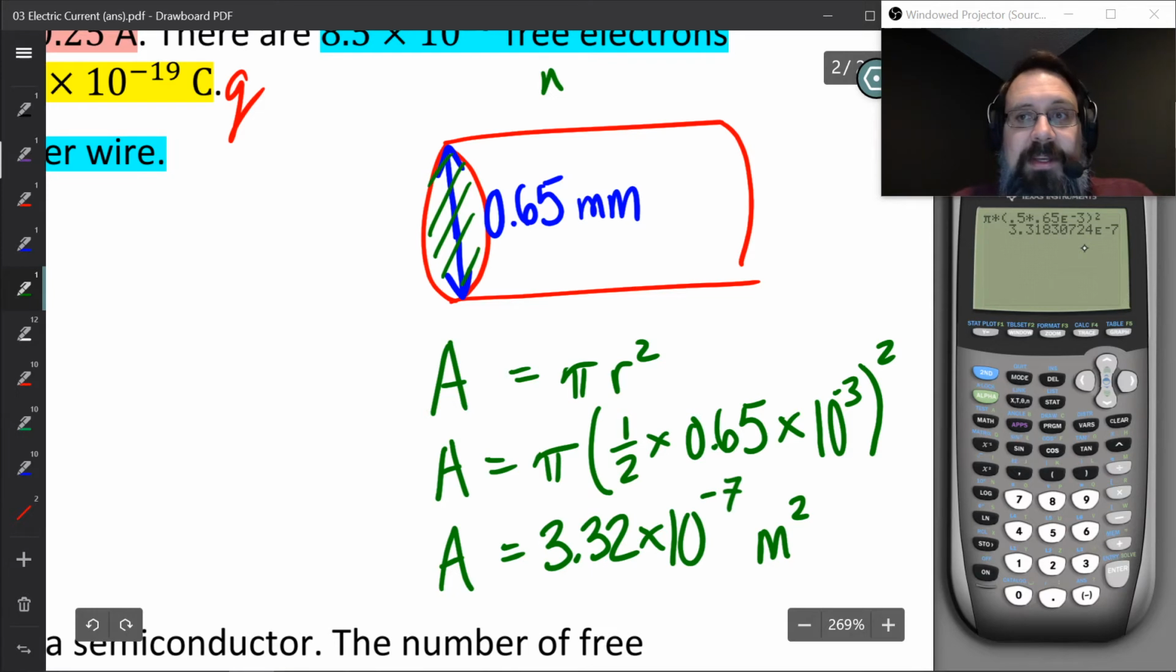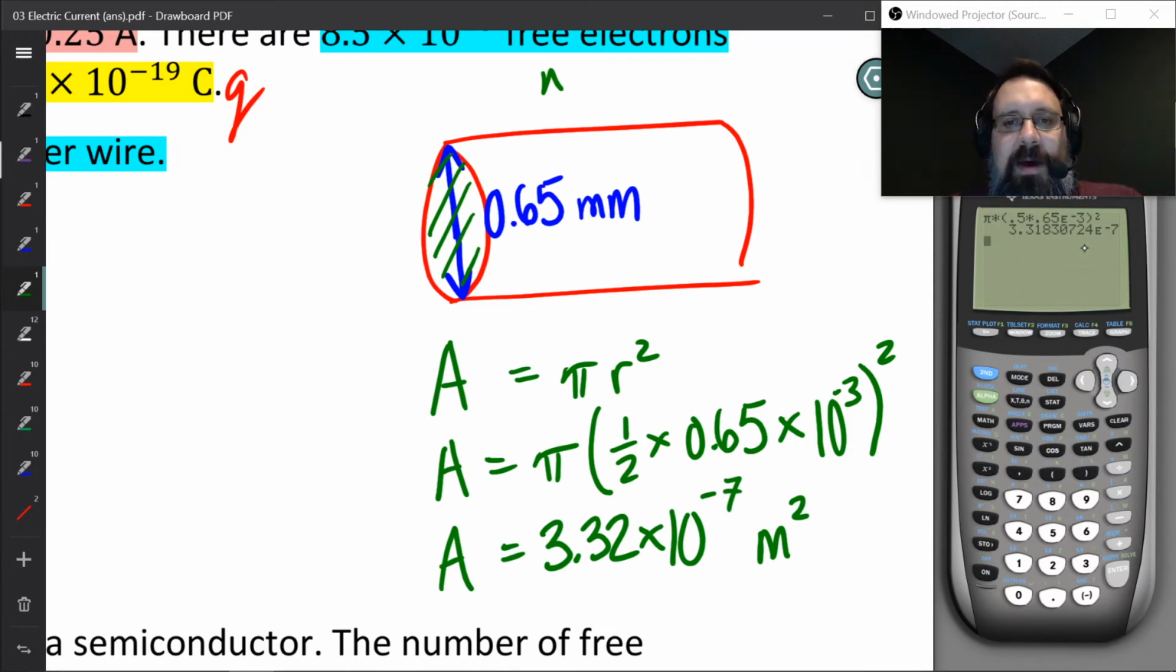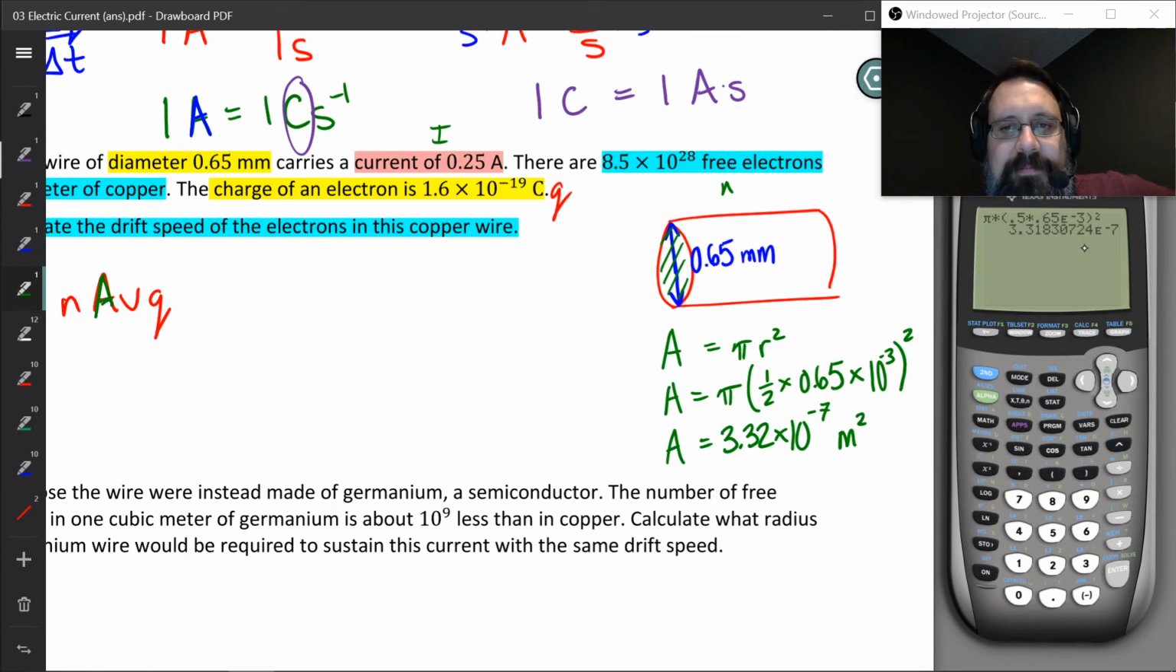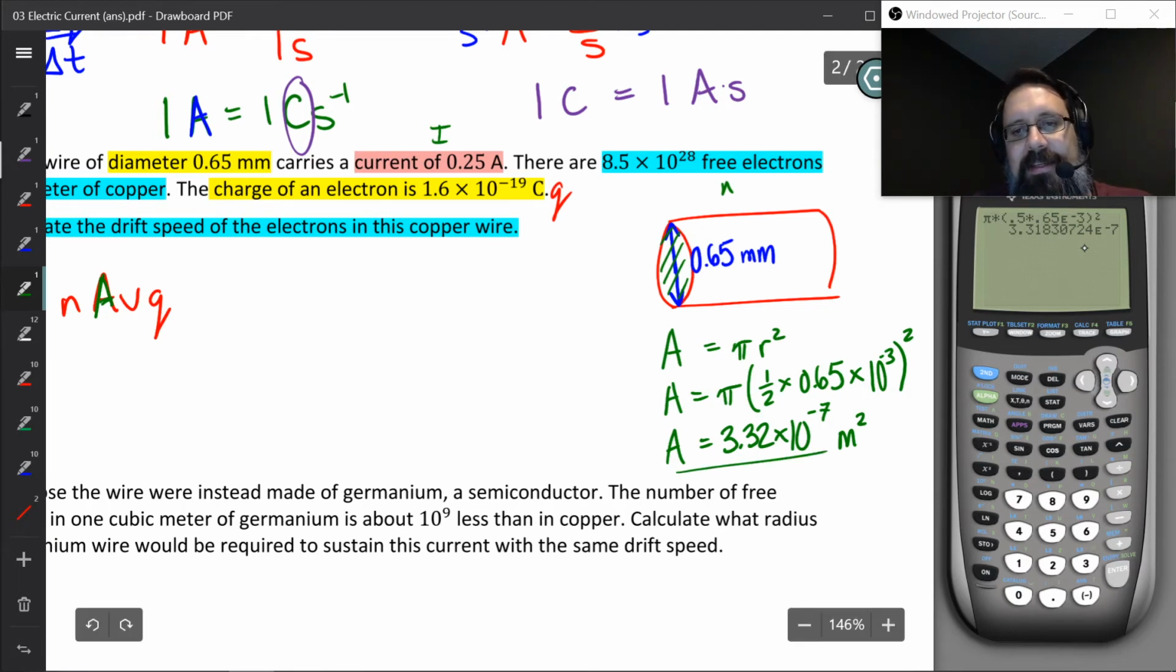And then we should get a really small area because this is a really small wire. Meters are big, this wire is small. So we're expecting to get this really small number. That's why it's only like a millionth of a cubic meter. It's a small area on this wire. Not cubic meter, square meter. Okay, so now I just have to take that area and substitute it into the equation,